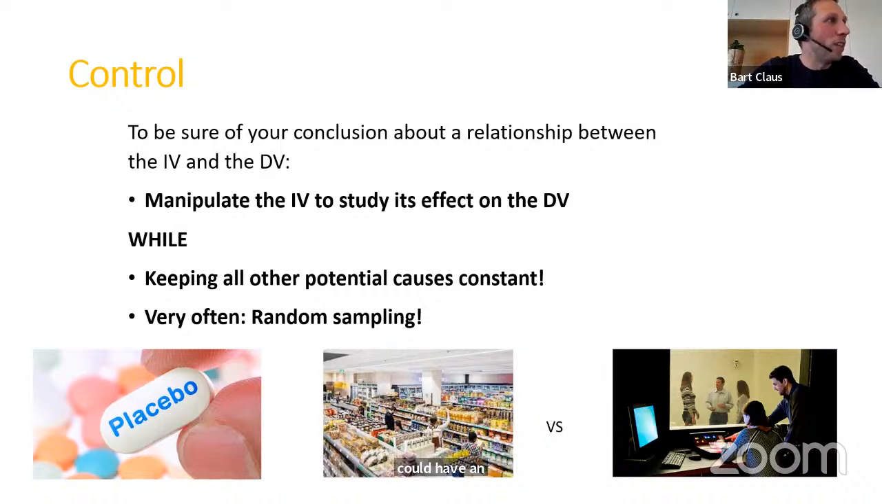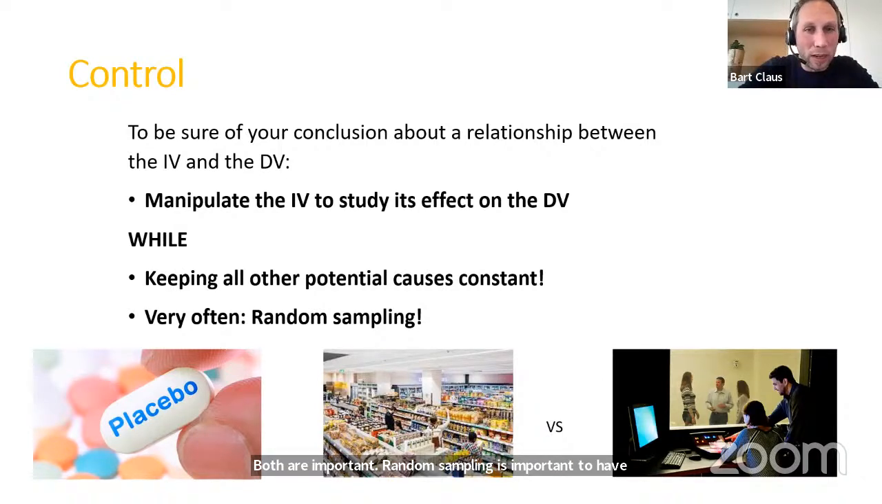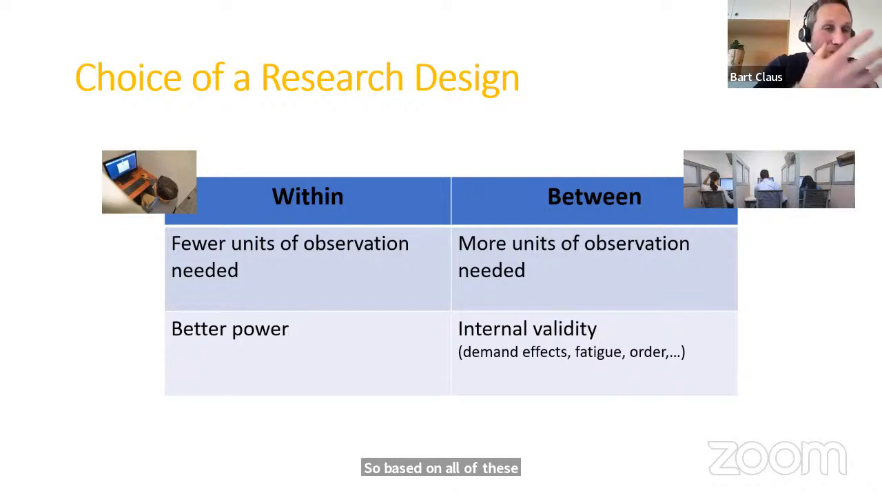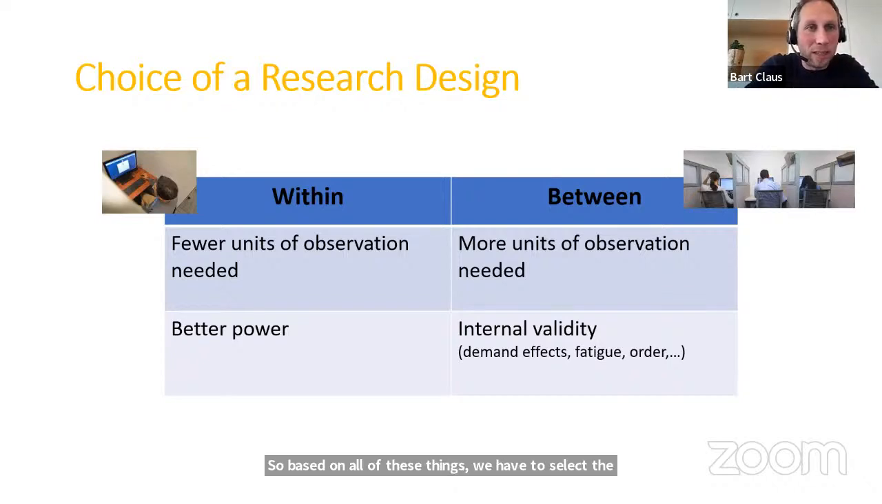It's both. No, it's random sampling and randomization between conditions, right? Both are important. Random sampling is important to have a representative sample, and random attribution to conditions is important to eliminate effects of confounding variables. Right? So based on all of these things, we have to select a research design that is as strong as